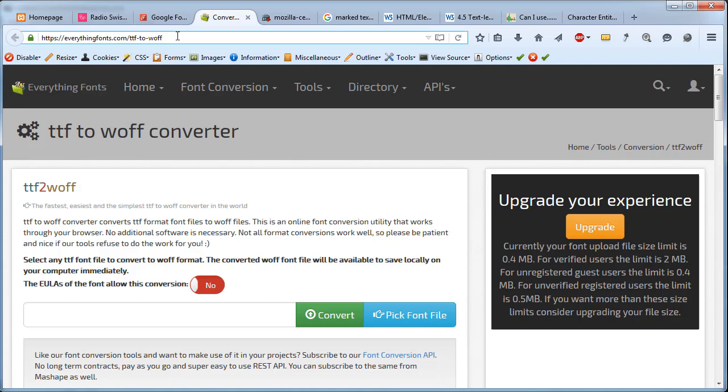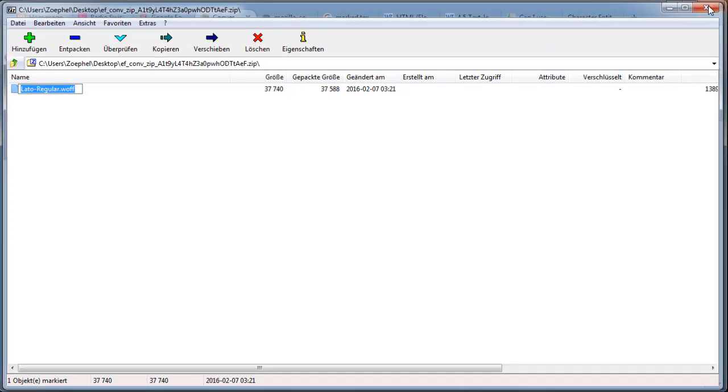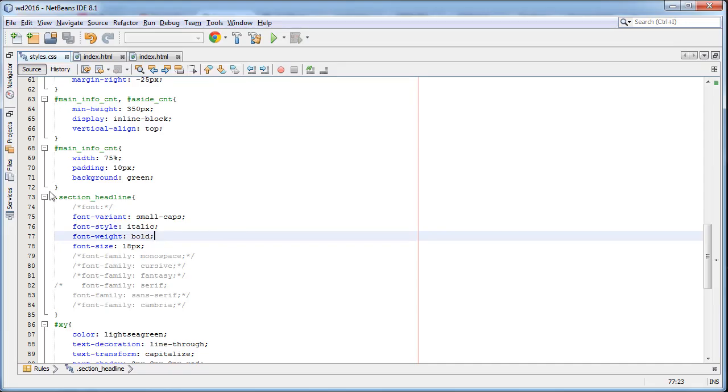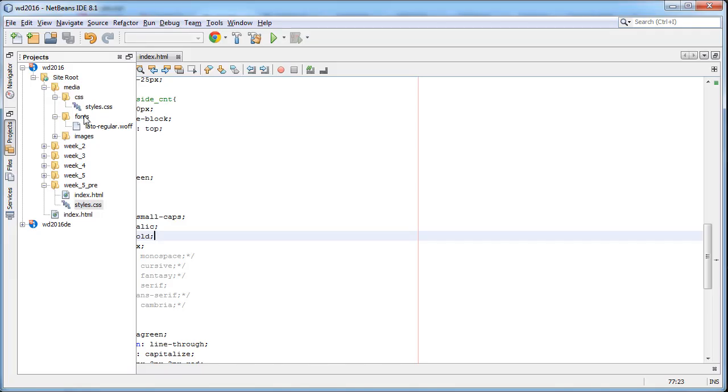for which there are a couple of different websites out there where we can do such things. So what we need to do on this website, for example, is first agree here, then upload it, select it, and then convert. And ultimately, once again, we receive a zip file, and that is our converted font family version, now in the format of WOFF. And that one we should be using. Now I'm only doing this process with one file, even though there are all the other files, but it's exactly the same process. So let me only do it with the Lato regular right now,